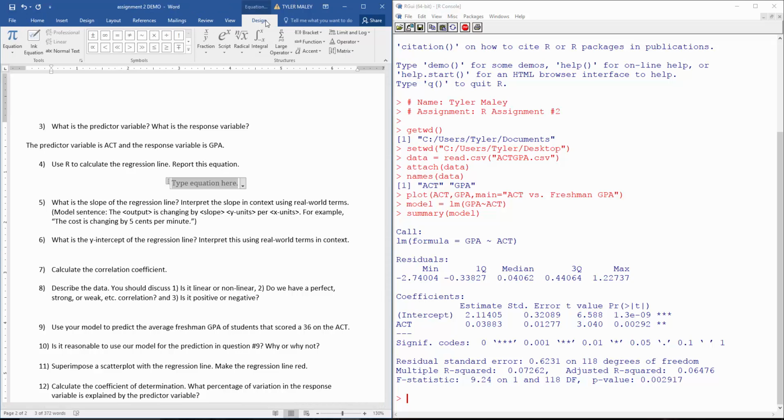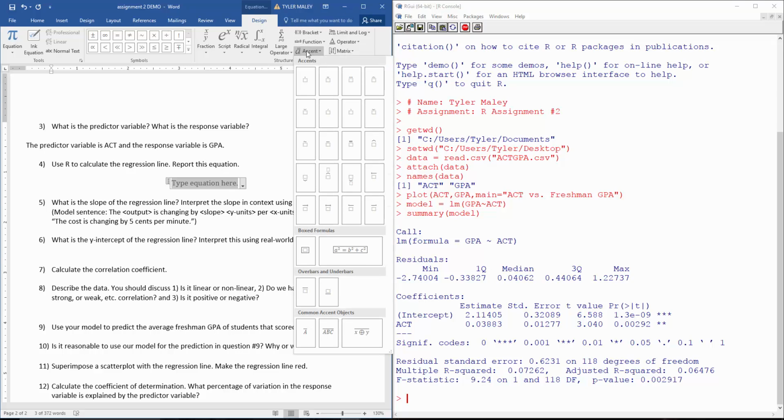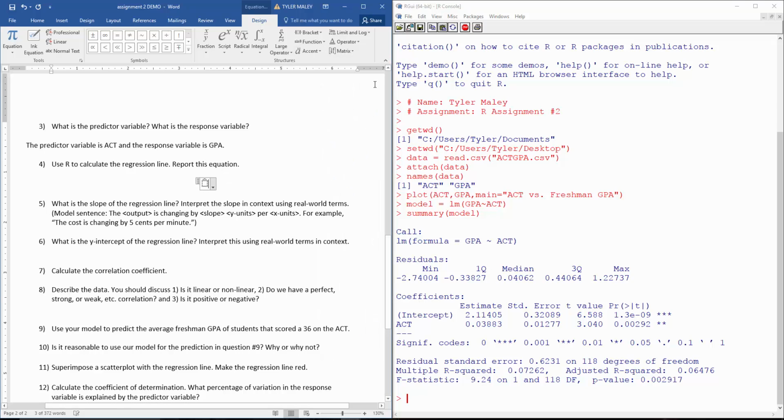So now what I would do is click on this accent button, and if you notice, this symbol here says hat. This is typically used in the response variable, right? So if we click that, I can type GPA underneath of that. So what we're saying is this is the mean GPA, right? And then we can hit equals, and then we would have my